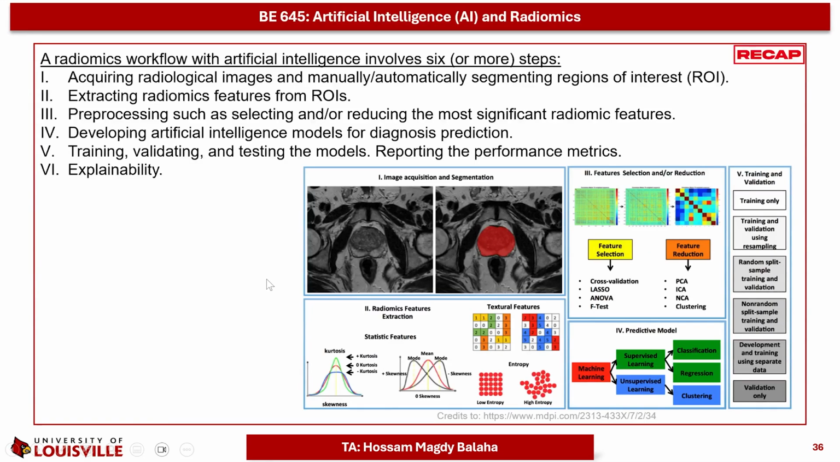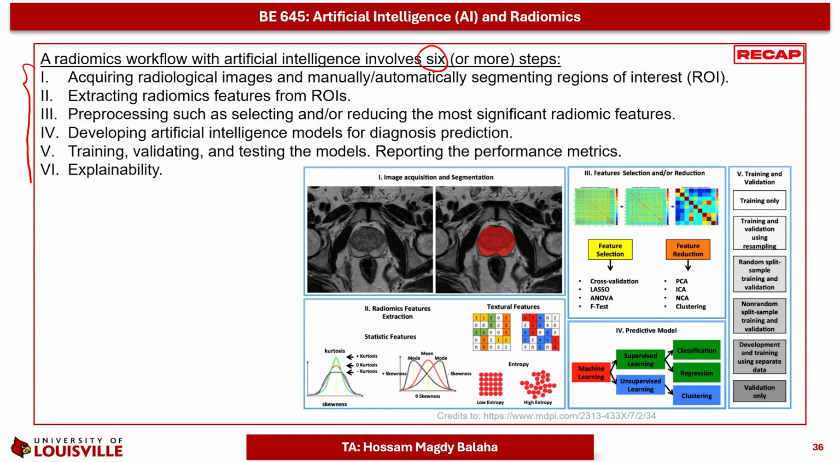In the previous lecture, we covered the meaning of artificial intelligence and the sub-branches such as machine learning and deep learning, and the meaning of radiomics, and then we covered multiple modalities such as CT, MRI, and PET scans, and finally we covered a radiomics workflow, or the standard workflow of a radiomics project using artificial intelligence, and we mentioned that it consists of 6 steps or more, and we are going to follow the standard 6 steps of